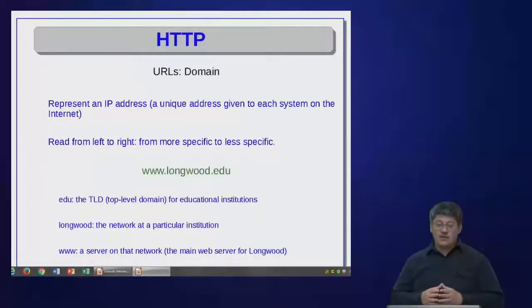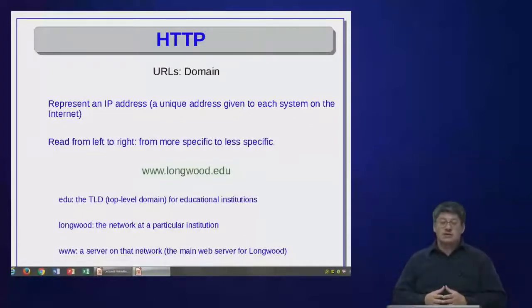I think I already mentioned that the domain uniquely identifies the server to contact. That's actually slightly misleading because domains actually map to IP addresses. And an address is just a number that identifies a server on a network. Although it's possible for servers to have multiple IP addresses and multiple domain names, that's a little bit beyond the